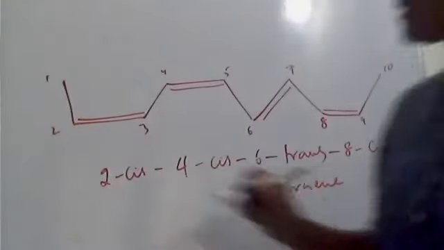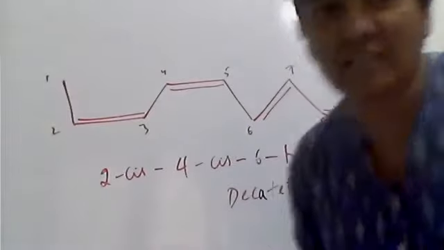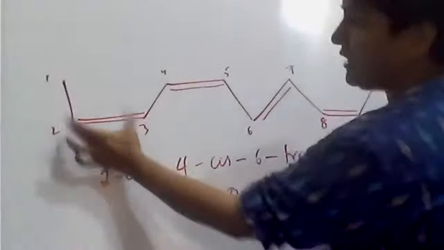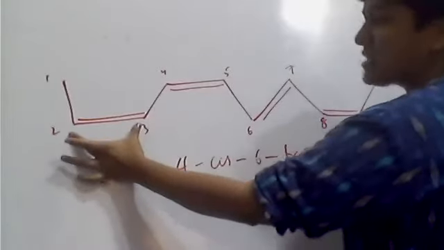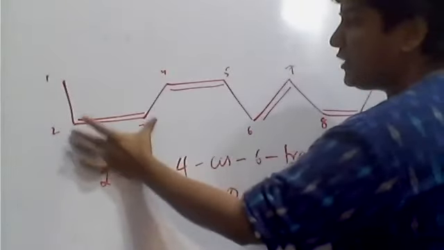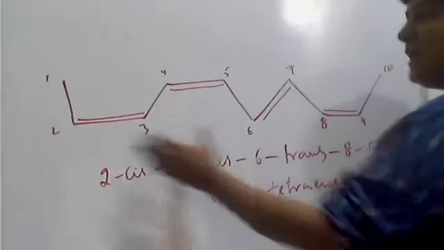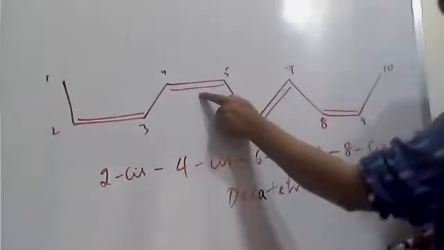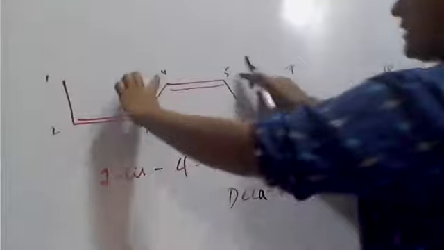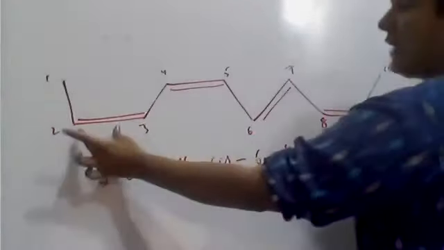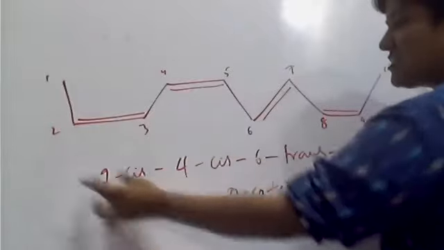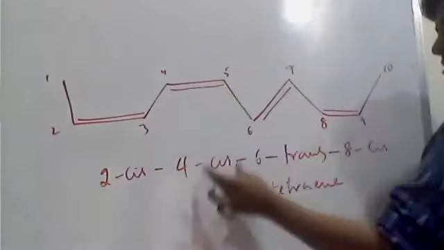So now, you have cis and trans. See, now here is a group going up, and here is also a group going up. So to this double bond, the two identical groups are going up, which means it is cis. Then regarding this double bond, the groups are coming down, which means the up is hydrogens. So at the 2 position the double bond is cis, at 4 it is cis.